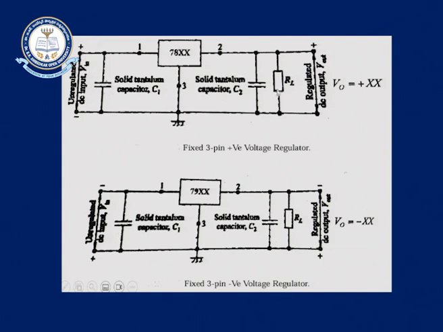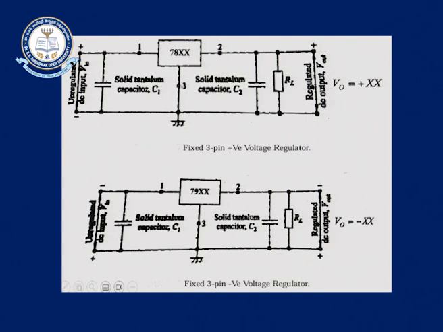This is the input capacitor, this is the output capacitor, load resistance, and V0 is plus XX, the regulated voltage. This is the unregulated voltage which is fed through here, then this becomes regulated. So, this is only the 3-pin positive voltage regulation. What do these 3 pins mean? Here you can see this is the first one, this is the second one, this